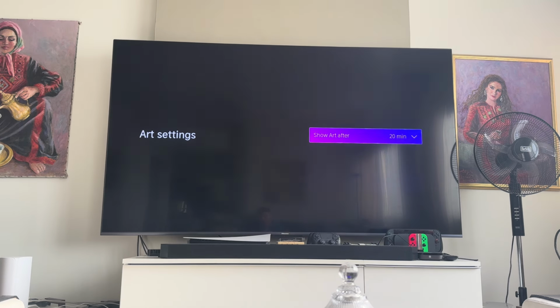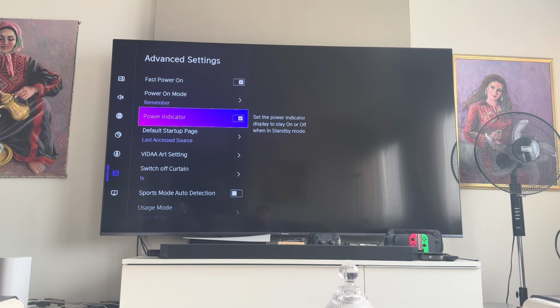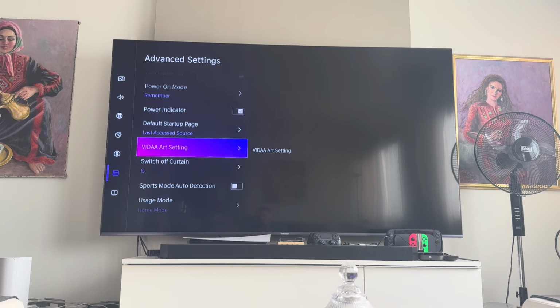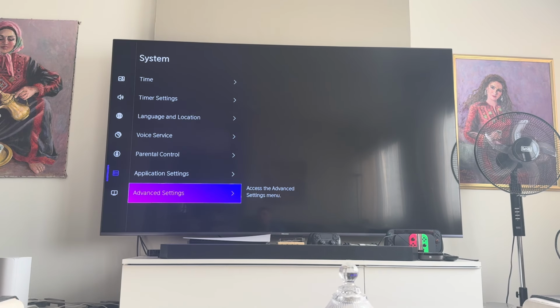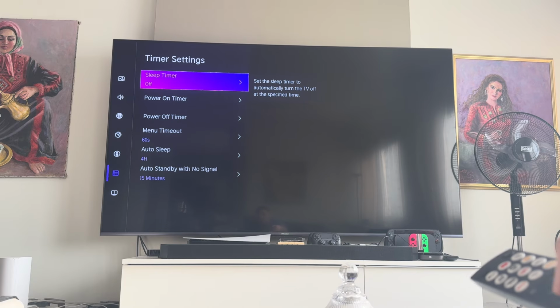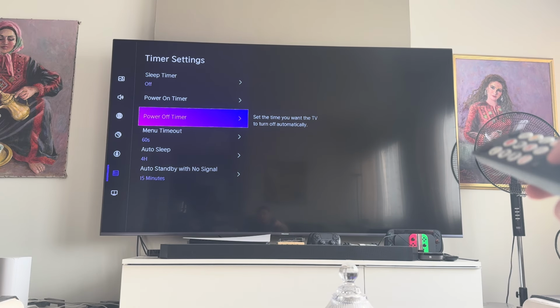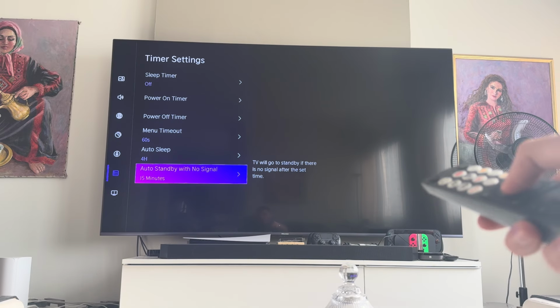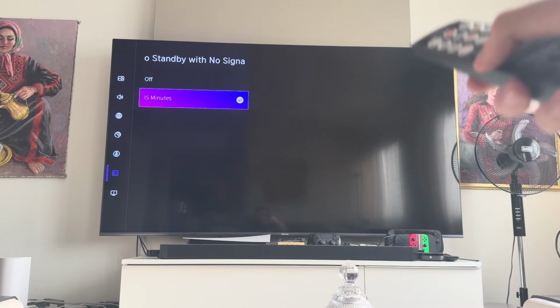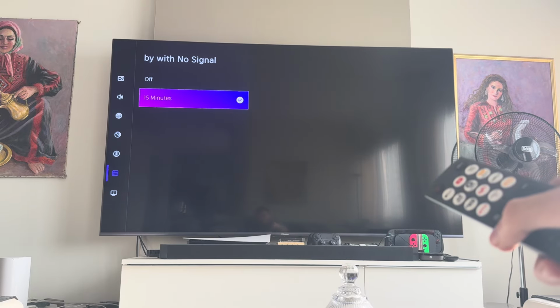which is to put it at 20 minutes and then go to the, what is it called, timer settings, okay, and set the auto standby with no signal to 15 minutes, okay,